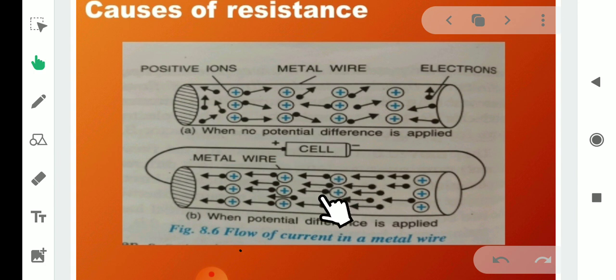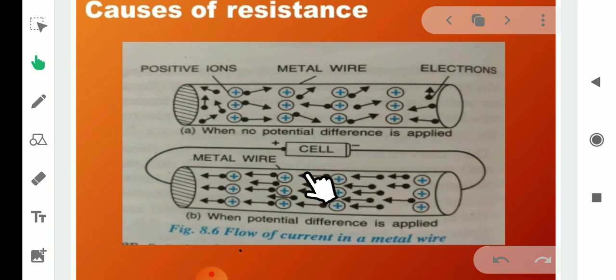Its speed decreases. So here there is an obstruction. Yes, there is an obstruction we call. So this collision gives rise to certain opposition or obstruction to the drift of electrons. So this opposition is commonly called resistance. This opposition during the movement of electrons, when the potential difference is applied, this opposition or this collision happens